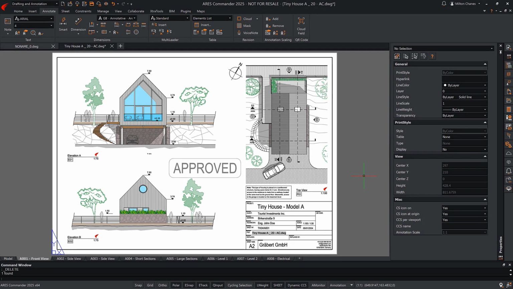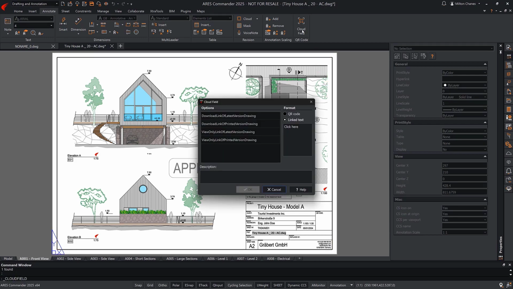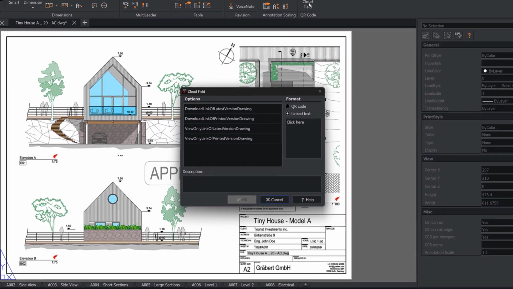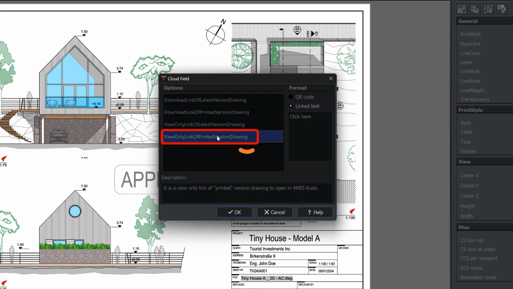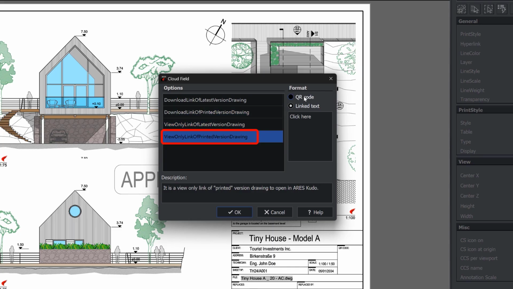Now, let's imagine another scenario. It turns out that we have completed an initial version of the project, and it's approved by the client, but we continue working on new modifications. In this case, it would not be smart to share access to the latest version, as it is still work in progress. The solution is to create a QR code printed with the option View Only.